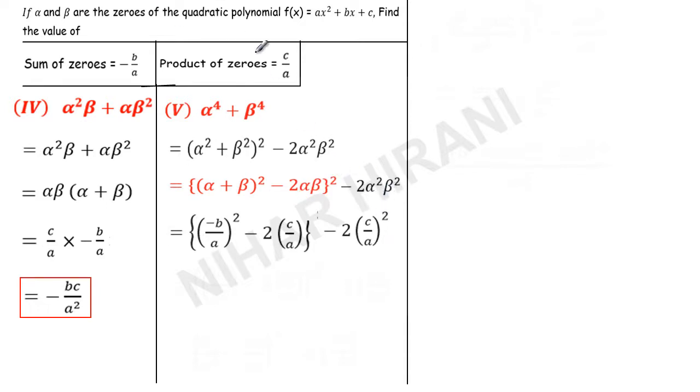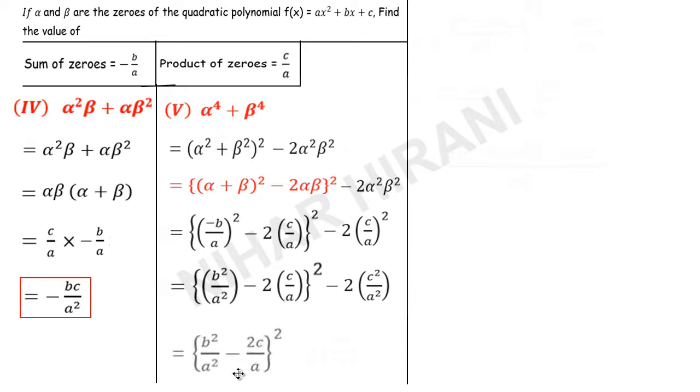Now it's really very easy, but these two steps were really very important. So you need to understand that clearly. Now this will be like this. And here I forgot to write power 2, so I will write power 2 here and here also. Now I will further simplify this. This will be b square upon a square. This will be 2c upon a, and here this minus will make plus. So this is b square positive here. Now here the LCM will be a square.